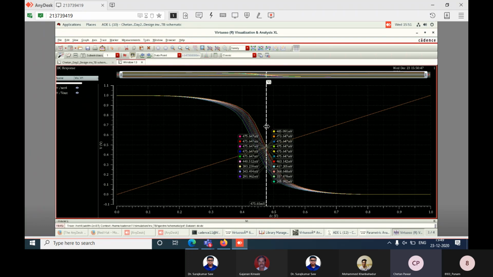At some point you will get the symmetrical inverter. In this way, you can find out the optimum width required for the PMOS, so that you will get equal rising and falling time propagation delays.